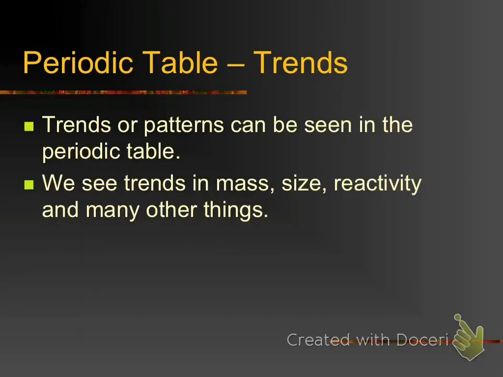The periodic table is kind of a big deal, and it's very intricate. There's a lot of different things that the periodic table can tell us. There are patterns throughout the periodic table, and we call those trends. The trends have things like mass, size, like radius, reactivity. There's a lot of other trends that we see on the periodic table. So by knowing the position of an element on the periodic table, you're able to figure out exactly the reactivity